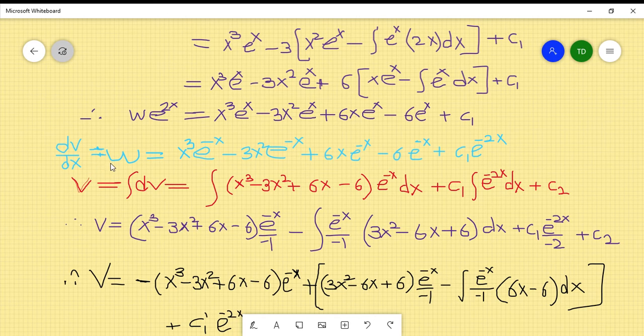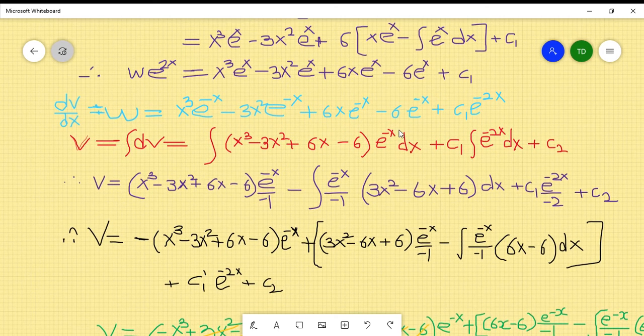dv by dx is equal to w, and we divided throughout by this e raised to 2x, so that the right side becomes x cube e raised to minus x minus 3x square e raised to minus x plus 6x e raised to minus x minus 6 e raised to minus x plus c1 e raised to minus 2x. So in the first 4 terms we find e raised to minus x is common, so we have taken it common, and now we are getting dv by dx, so this is a variable separable form of differential